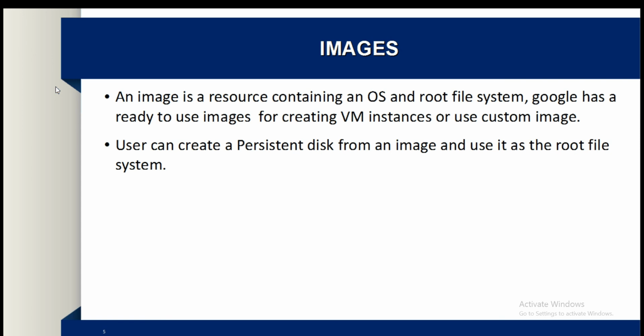A custom image is also like a snapshot, and it contains the operating system and bootloader, and can be used as the boot instance. Whereas a machine image is a complete Compute Engine resource that stores all the configuration, metadata, permissions, and data from one or more disks for creating a virtual machine instance. So these are the different types of images available in GCP, and we will see each of these images explained in the upcoming lab section.